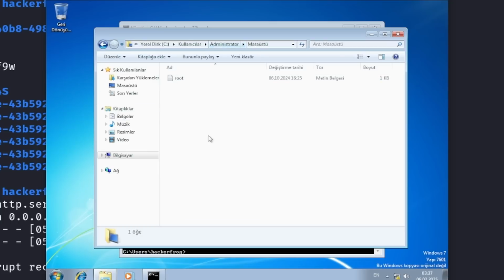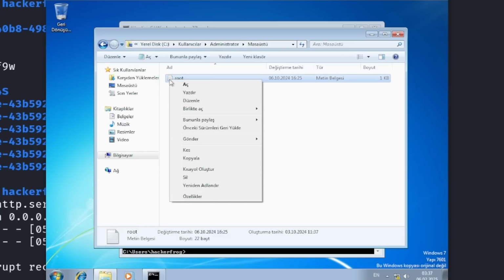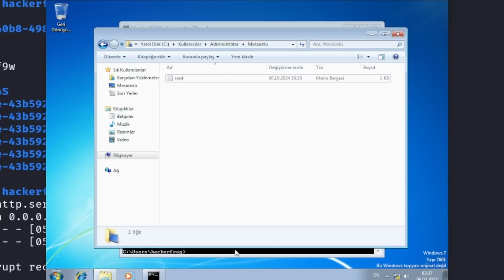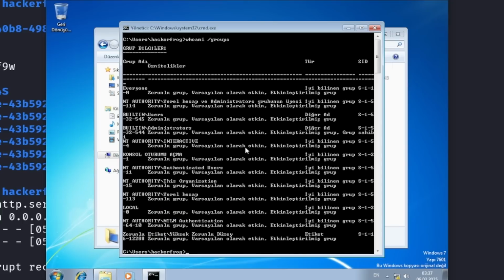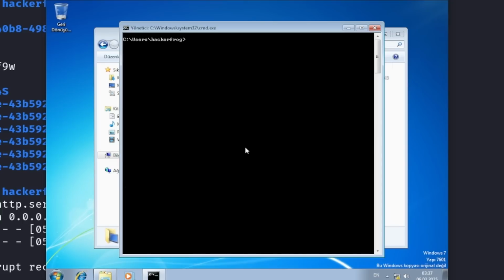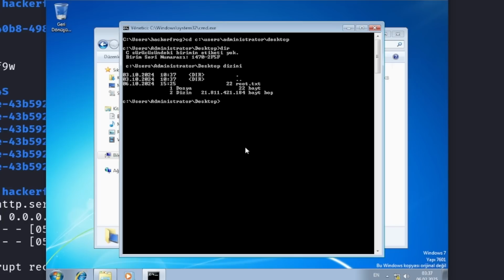Okay, so we're not going to open this up, but we are going to... Oh, I can't read any of this. Let me go ahead and go to C, Users, Administrator, Desktop. Okay, root.txt is here. If we can access this flag, or we can prove that we can access the flag,